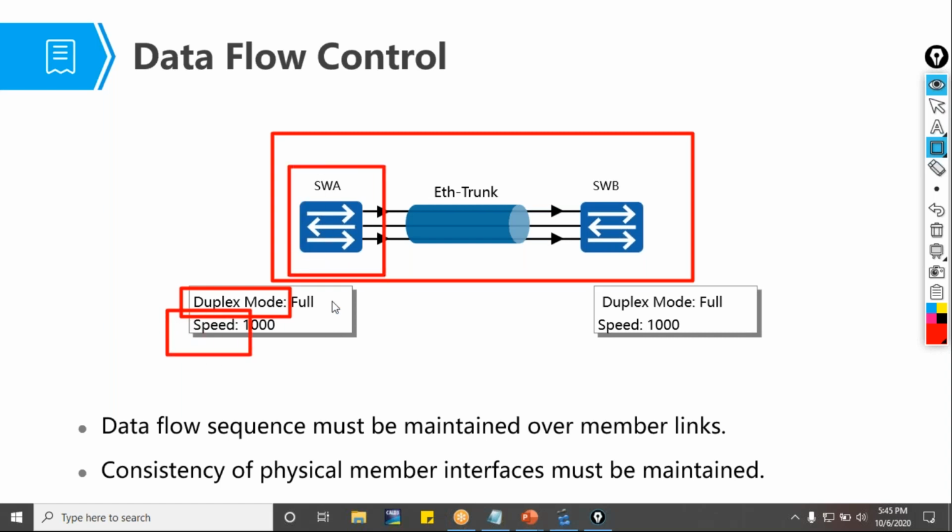For example, in switch A and switch B, the duplex mode and the speed should be the same, and all interfaces which are going to be grouped into a logical pipe should also be the same. Let me write it down: the first is the duplex mode, the second is the speed, and the third is